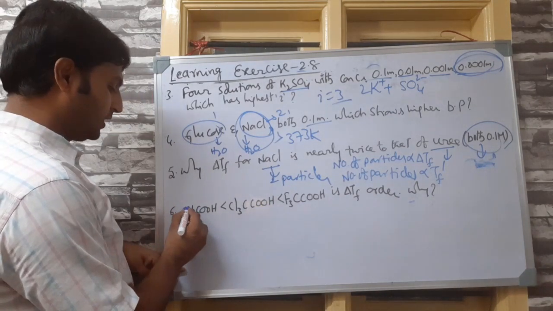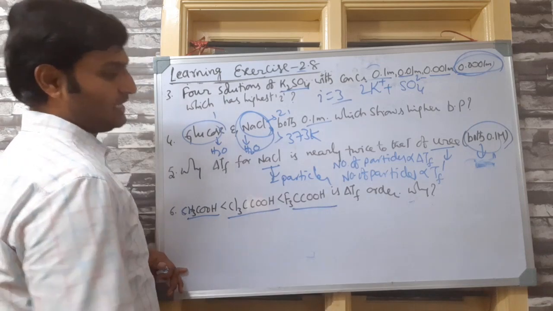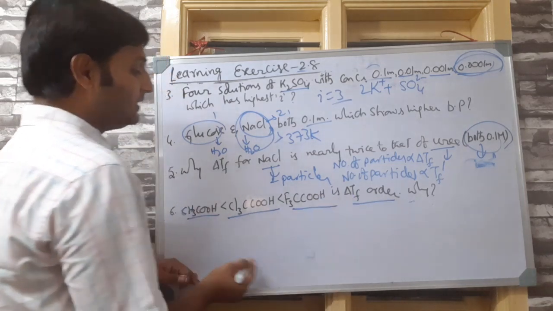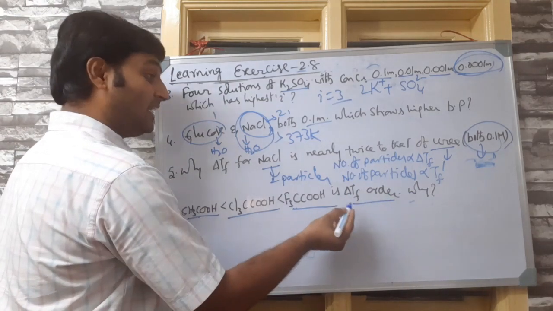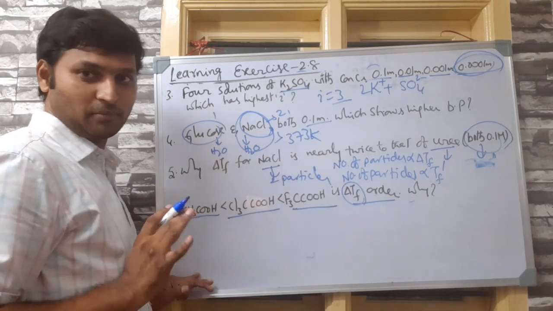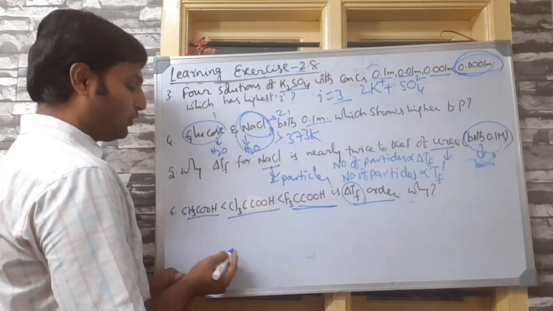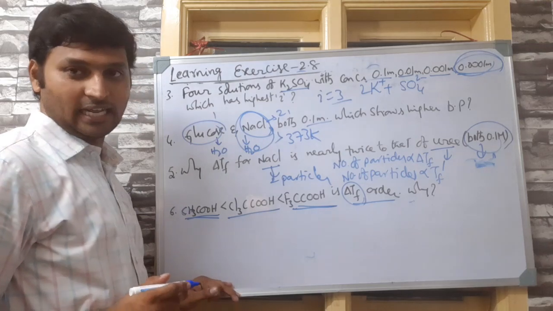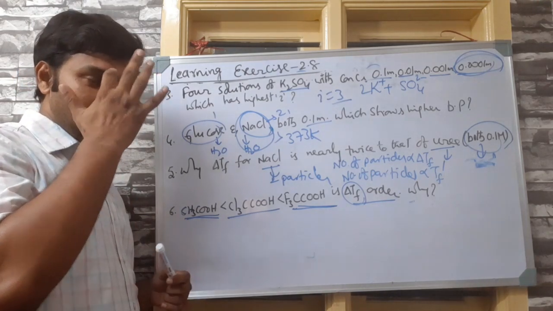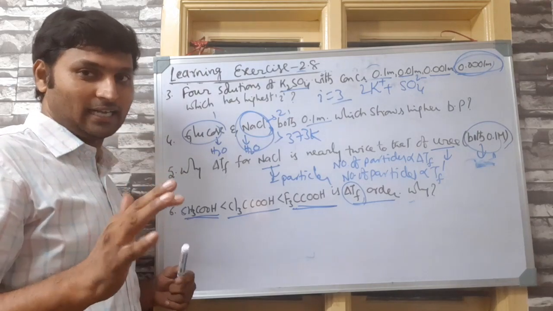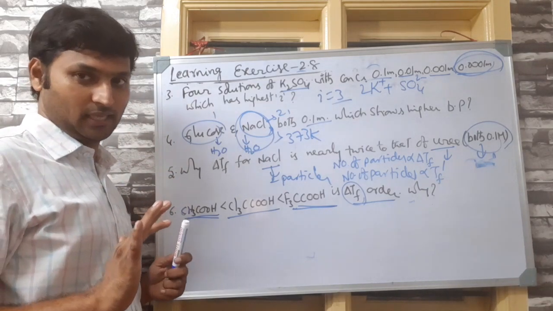Lastly, another reason based question. Why? Acetic acid, trichloroacetic acid, trifluoroacetic acid, delta TF order is lowest for acetic acid, highest for trifluoroacetic acid. Why? Again he is asking depression, not the freezing point. So, depression in freezing point will be highest for trifluoroacetic acid, lowest for acetic acid. The reason is, you are going to learn this in the aldehydes, ketones, carboxylic acids chapter, but still you know inductive effect. Let me explain that.